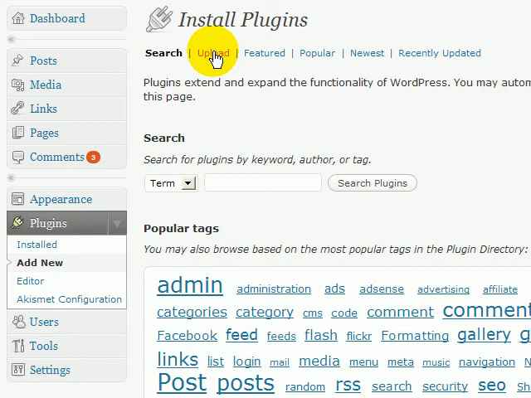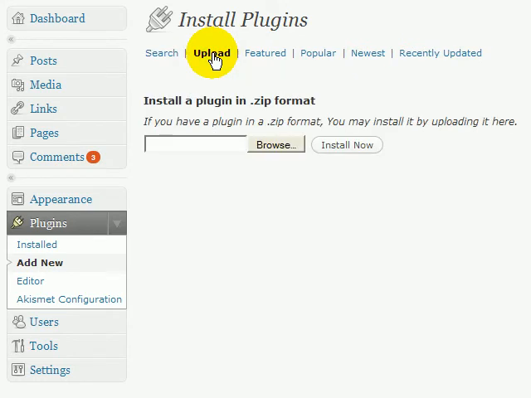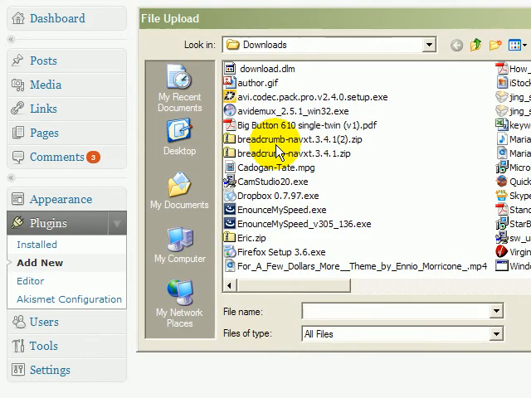So we click on upload, and then this box comes up, and we browse to find the folder that we have just downloaded, and here it is. We have not opened the zip file in our own computer. We've left it as a closed zipped file. And ZIP means it is a zipped file, which means it's slightly smaller, it's more compressed. So there are other files and folders within this particular folder. So we leave it as a zip file, and what we do is we click on open,